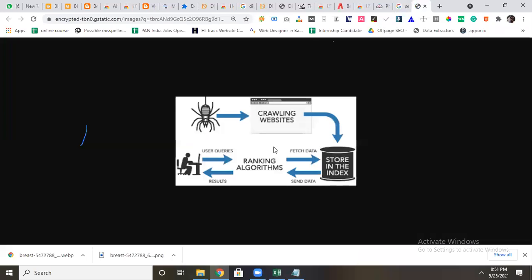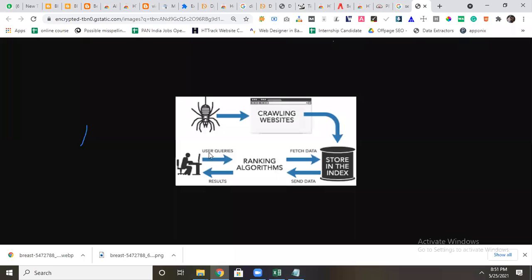Once your web page is ready, a software called a crawler comes, reads your content and stores it in its databases. Then when a user searches for something, it finds the result and comes back.